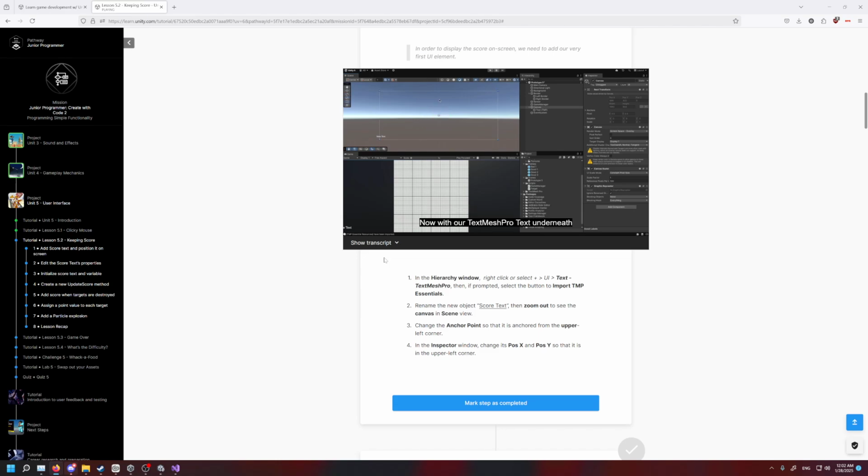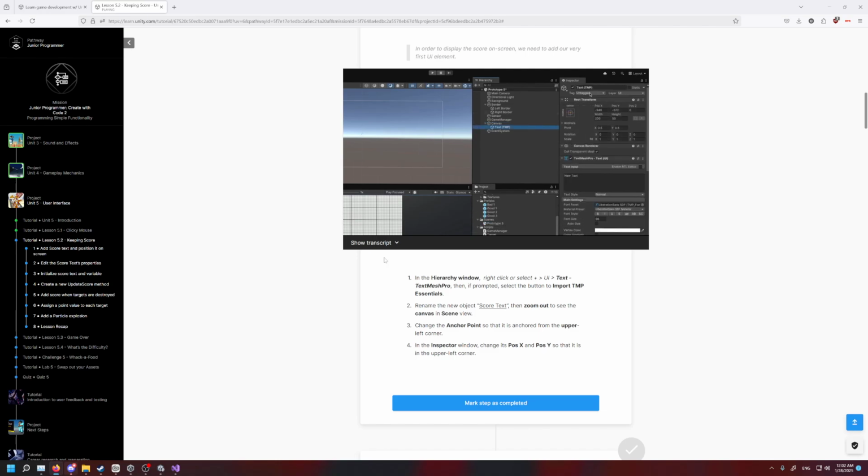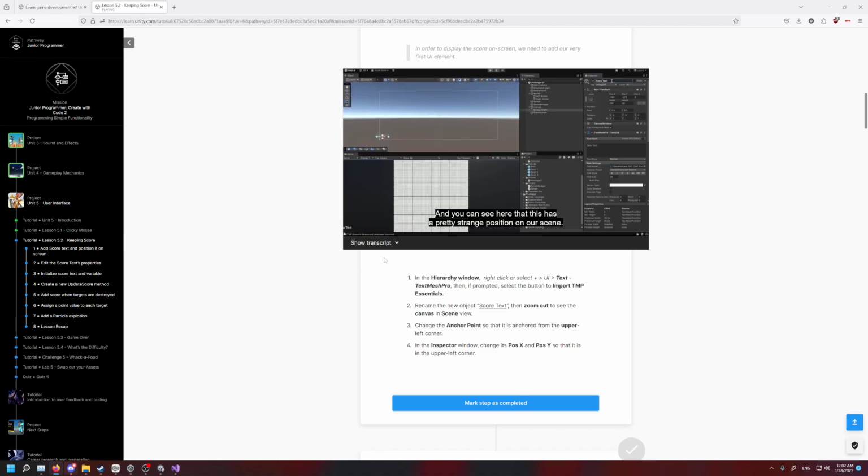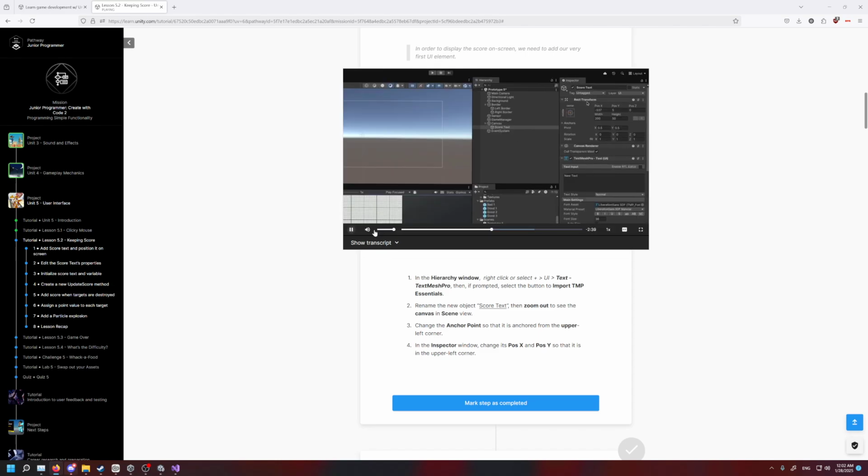Now, with our Text Mesh Pro text underneath the canvas, we're actually going to rename this. So we'll rename it to Score Text. And you can see here that this has a pretty strange position in our scene, and we can move it around using our Move tool, or we can do other things with our canvas here to be able to place our text in certain locations to make it easier. In our